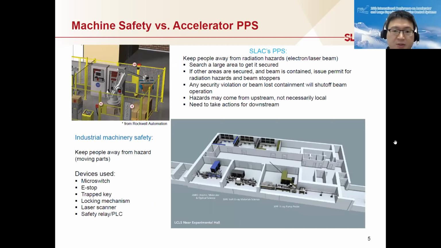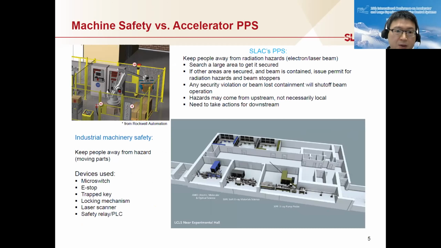The previous speakers from CERN talked about using process safety standards in their application, but for the PPS at SLAC, we argue our setting is very close to machinery safety. For example, the picture on the left shows a typical production cell. Here the hazard is a robot arm, and typical solutions from the industry use, for example, the key bank,